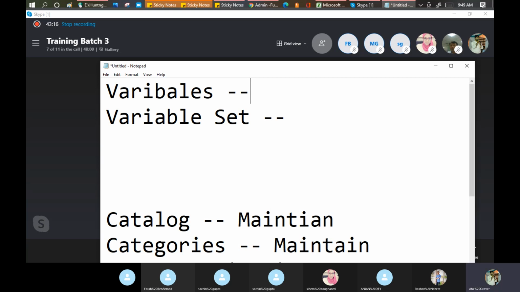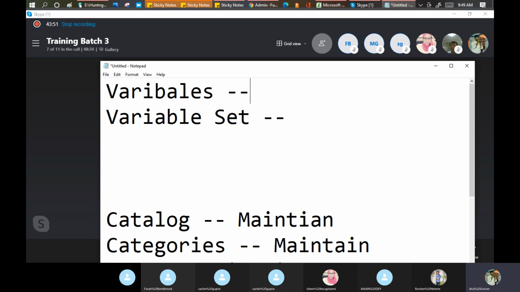So in short, a variable set means a set of variables which can be utilized in a number of catalog items. For example, if you are creating catalog items and everybody is using a field called name, I say create one variable set and use it in all catalog items.